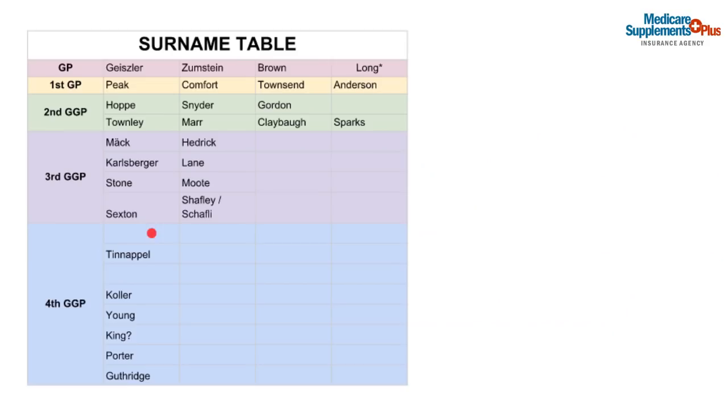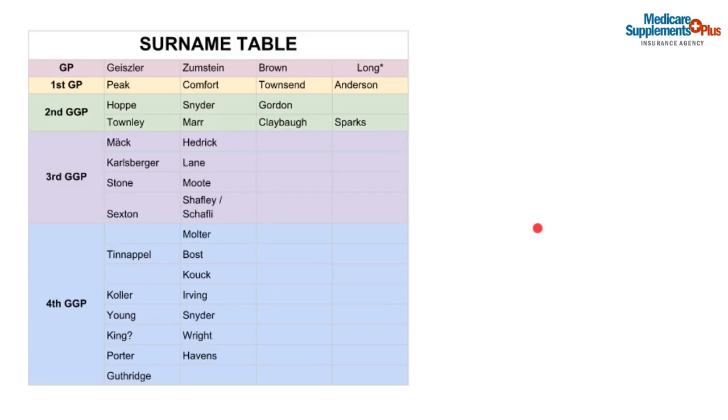Let's see what that looks like. As you can see, in this generation, I did not know what the maiden name for the Geisler spouse was. And then I had a Carlsberger, but I didn't know who he married. So her last name, I knew her first name was Maria, and so therefore I went ahead and put a blank here. So you have blanks in the spots that relate going around that fan to individuals where you don't know who they are at all, or you don't know what their surname is.